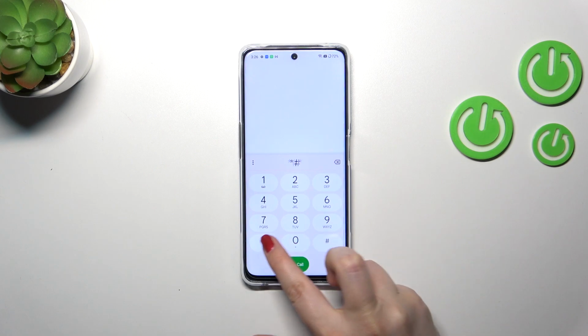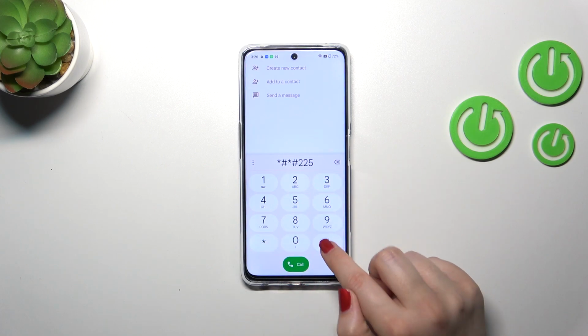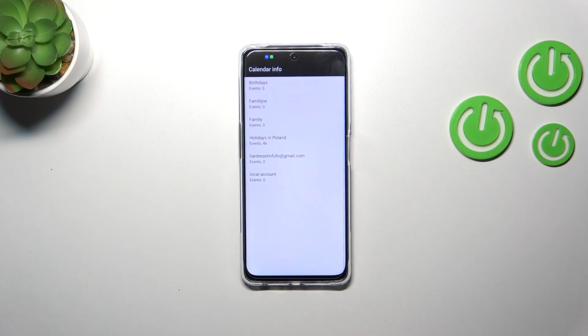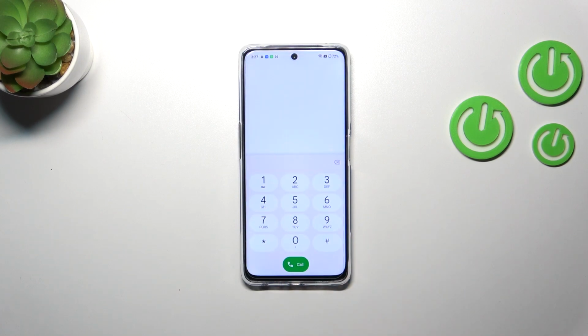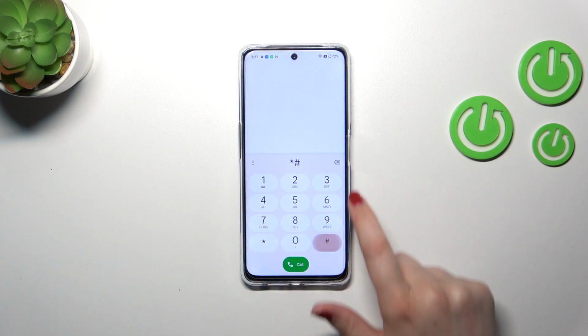It is *#*#225#*#*. And as I said, we are in the calendar info, so here we've got all the events in one place. We could check some family events, some holidays in your country should also appear right here, or events attached to your mail. So this is the best place to check the events, because here they are grouped into particular special sections. Let's go back, and let me show you another code, which is